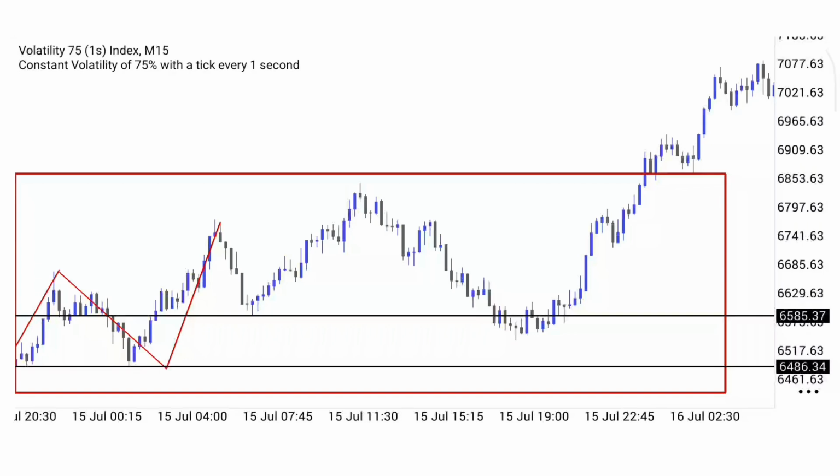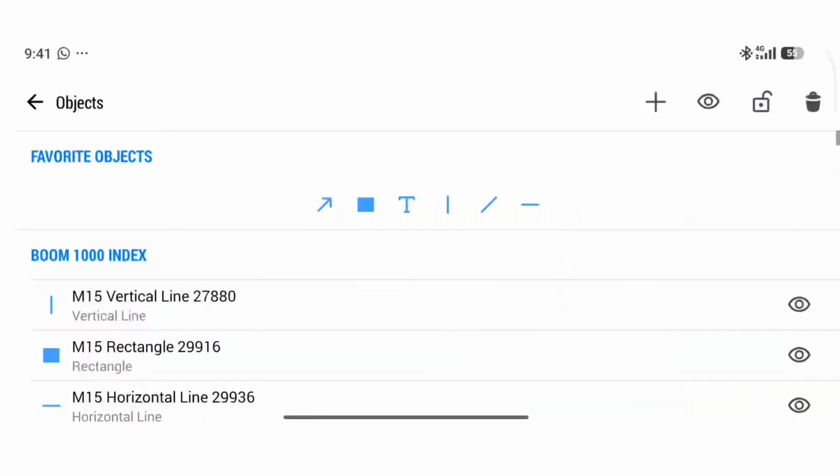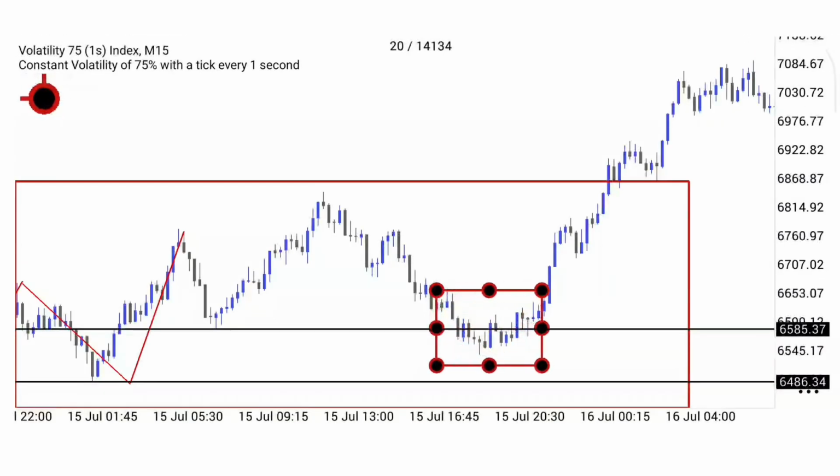So you know that all you have to do is to put your line at the low of that higher low. And when you have your line there, you are good. You don't need to adjust it, know the size of the candle and a lot of things. All you need to do is to place your line there. So right here now you can see that when the market returns to this zone here,